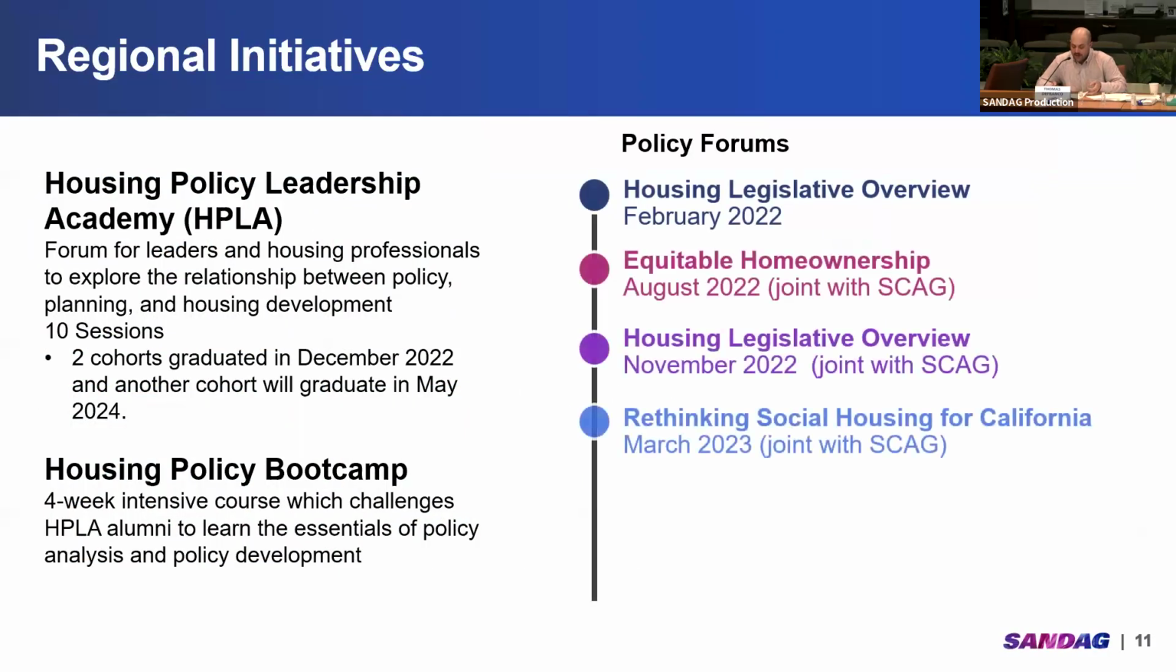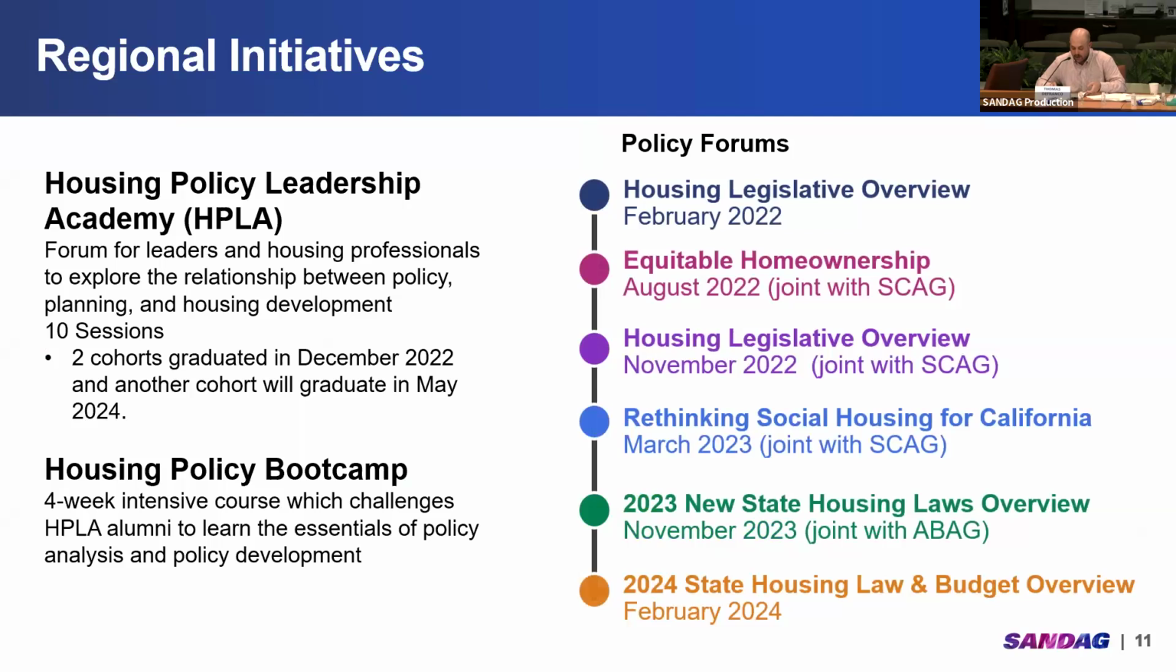The third strategy of our REAP 1.0 HAP is regional initiatives, which includes studies, education, leadership, and funding opportunities to accelerate housing production. Through SANDAG's regional initiatives, we've built out strong educational programming like our Housing Policy Leadership Academy and Housing Policy Bootcamp. The Housing Policy Leadership Academy, or HPLA, is a 10-session course that provides a forum for industry leaders and policy professionals to explore the relationship between policy, planning, and housing